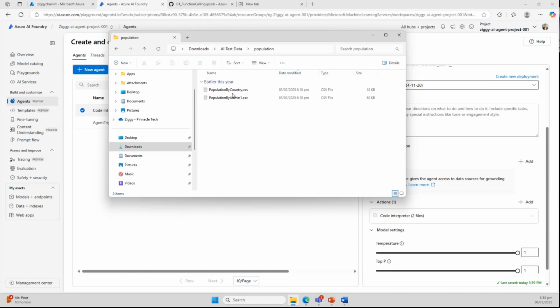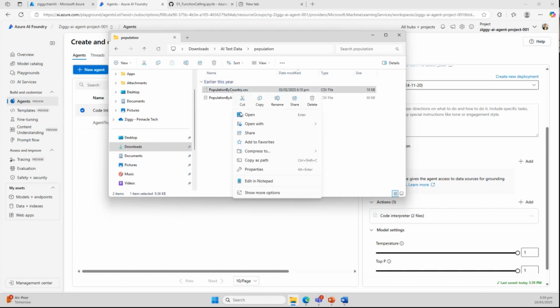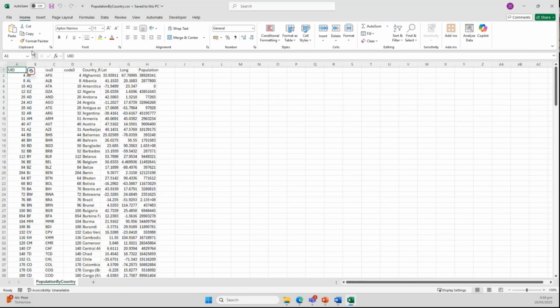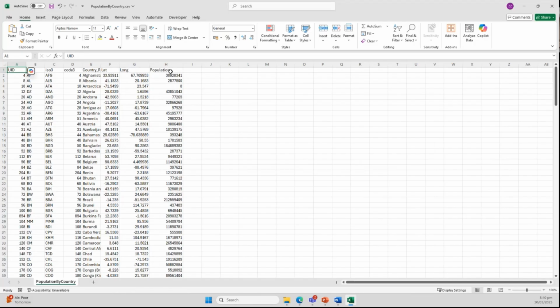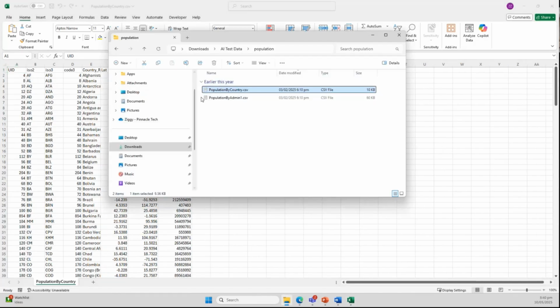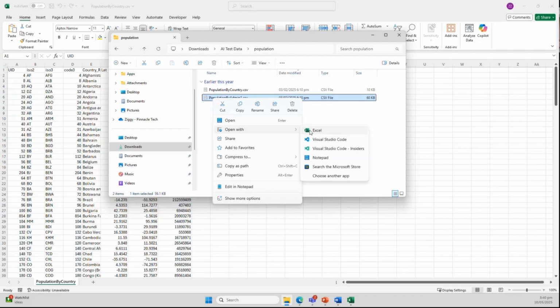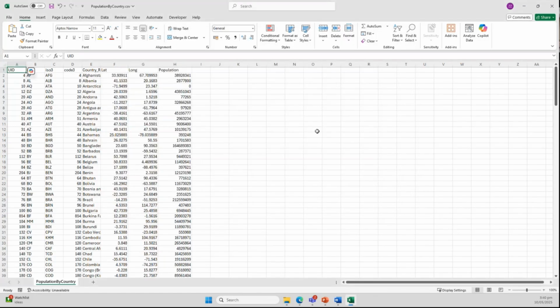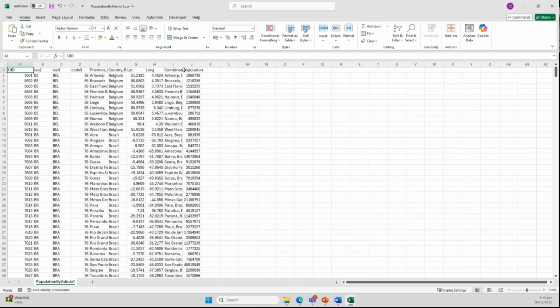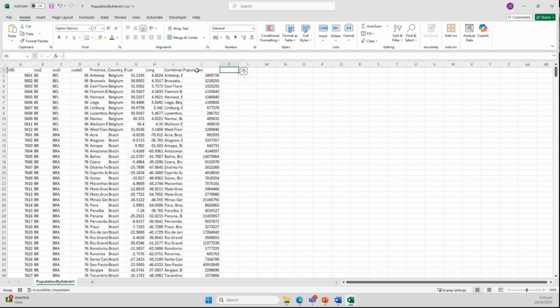Population. Okay, so open this with Excel. So you have here a CSV file which contains population data. This is the first one, and then we have a second one. So in the age of AI, when you set up your database or your data sets, your column names should be intuitive. In this case, if I'm showing here the population, the LLM will know that it's the population. Same way with this, explaining it with the answer.